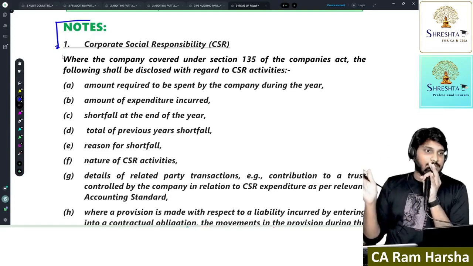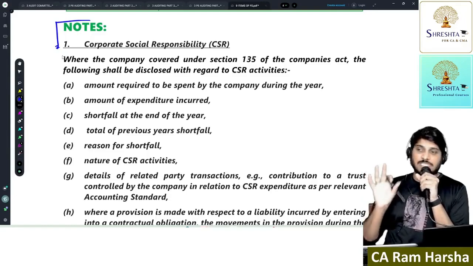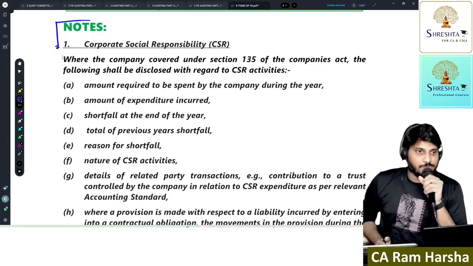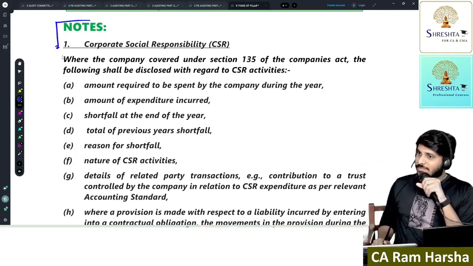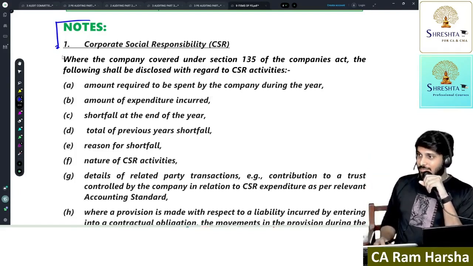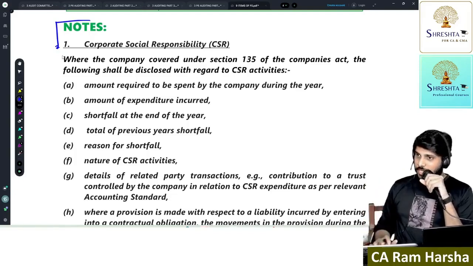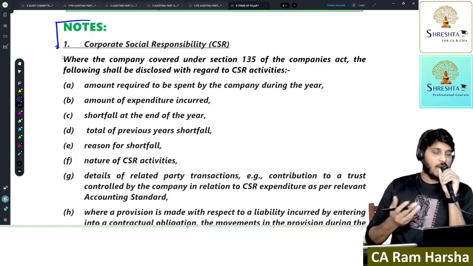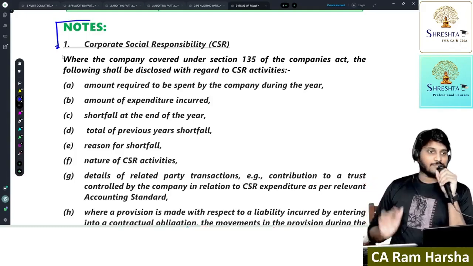They will generally say that in respect of all important assertions in the financial statements, the auditor must get sufficient appropriate evidence. This is what the standards say, correct? They don't say anything beyond that. Now in this chapter, we are practically understanding how we verify purchases, how we verify sales, how we verify employee benefit expenses, how we verify depreciation, fixed assets, creditors, debtors, everything.